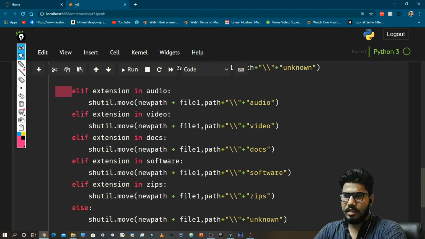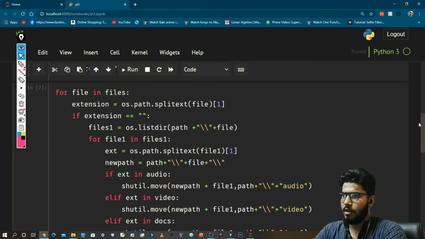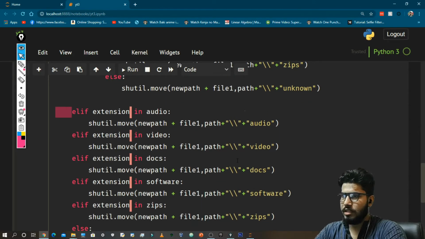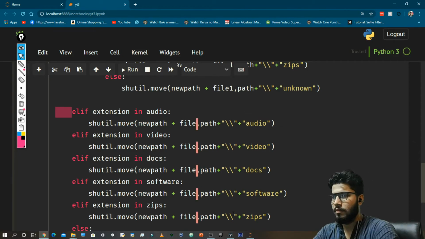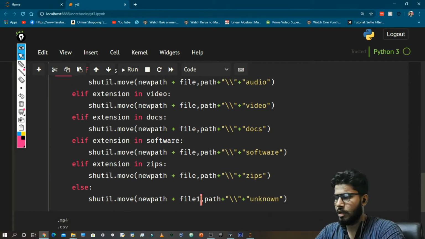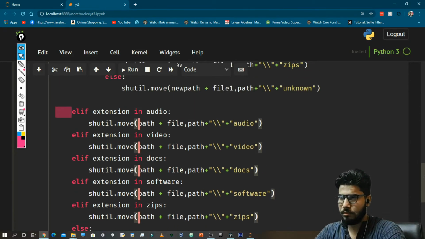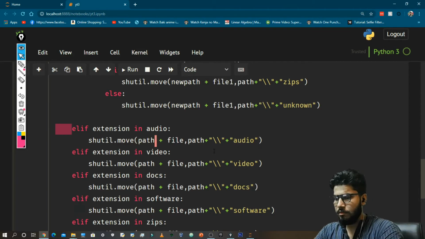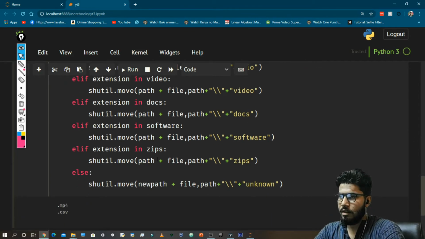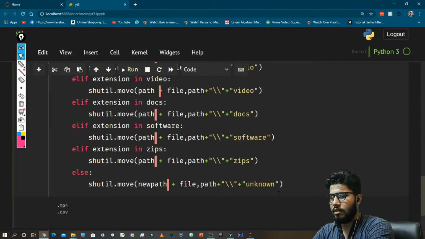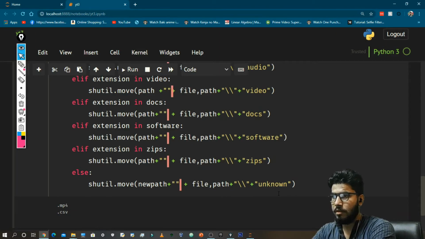Now, if else if extension in this, the next thing that we need to change is this file, and yeah, the path should be normal path. We need to add the double slash here.